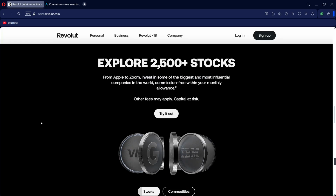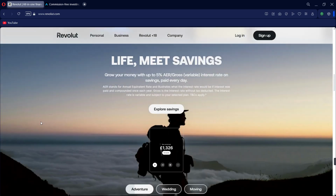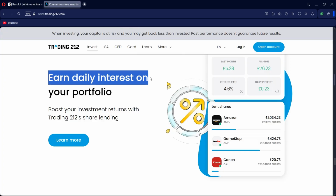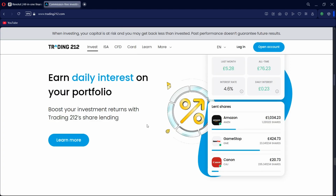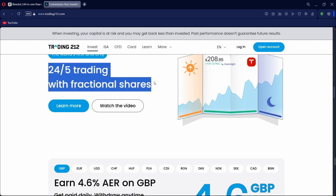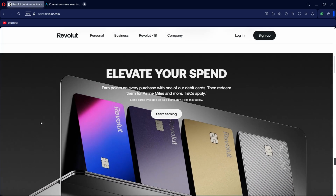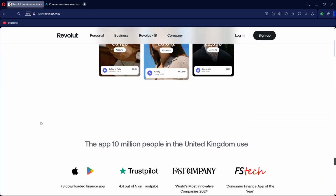However, its investment platform is more basic, with limited research tools and a smaller selection of assets. If you're looking for a comprehensive trading platform with advanced features and a broad range of investment options, Trading 212 is the better choice. But if you prefer an all-in-one app that combines banking and basic investing functionalities, Revolut offers